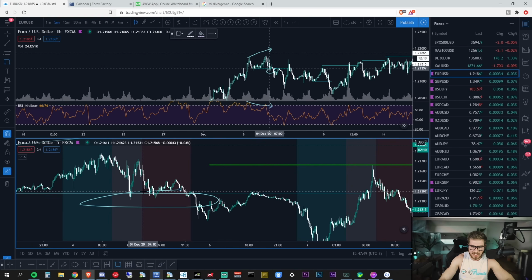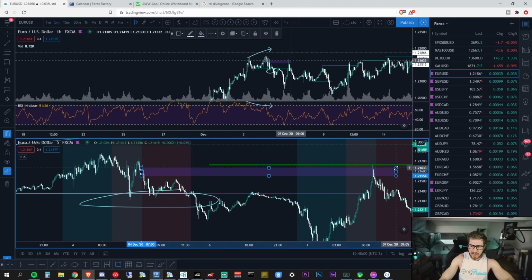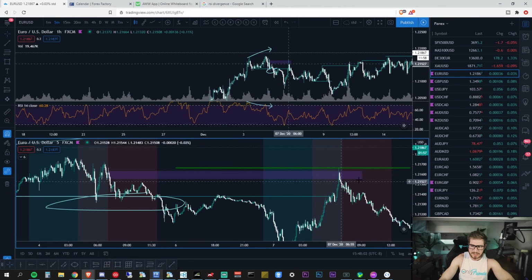So you can see that this was a massive dump off right here. You have one around here as well. I'm not going to give you exact entries, but this looks pretty good, right? There was some consolidation here, and then it was a massive dump off right there. So you can actually see that I pinpointed the entry quite well.